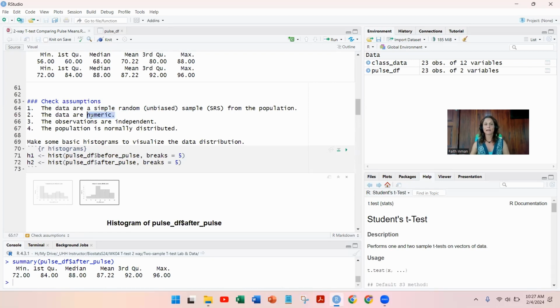The data are numeric. Yes, check. Our data are numeric. We took a measurement. For your homework, you need to have numeric data. You've got a categorical variable, right? You've got the two categories, in this case, before and after, before pulse and after. And then you have a number. You measure something. When you're thinking about doing your homework, make sure that you're measuring something,